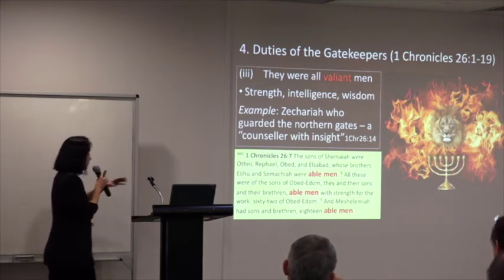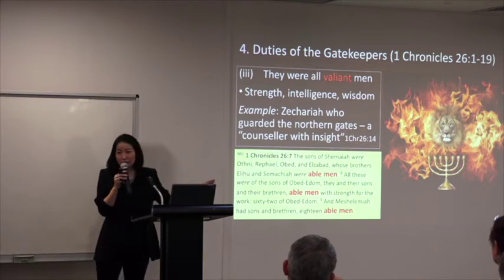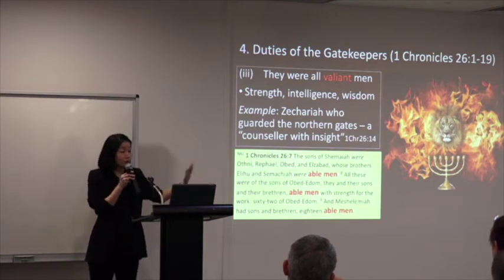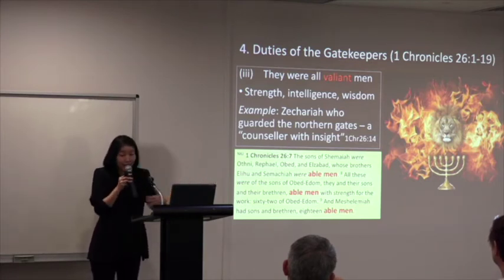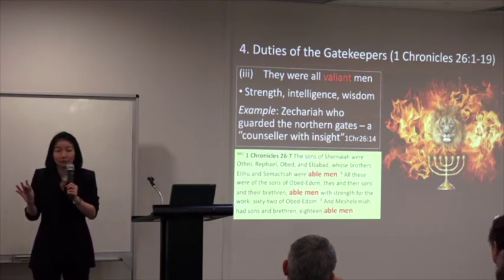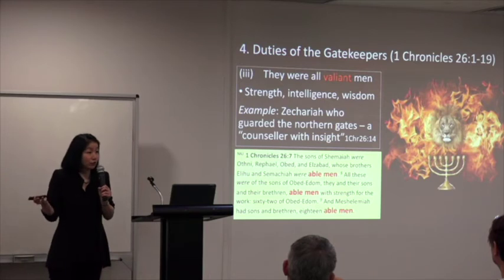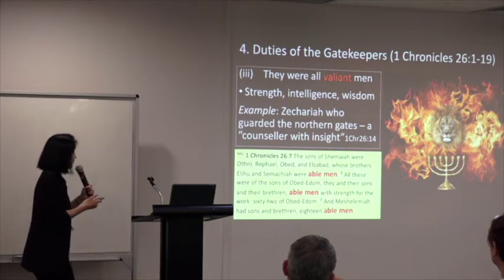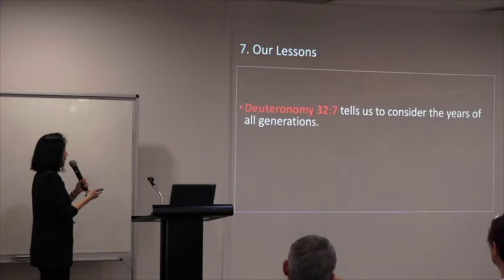They could open and shut the door and allow the right people to come in and the wrong people to keep out. This is a skill that Adam lacked, that led to everyone's downfall. These gatekeepers, 1 Chronicles 26:7, just a little excerpt. They were described as able men. Able men means capable. They're capable people. They are not the jobless people out there. That's why they could only open the gates. They were qualified.